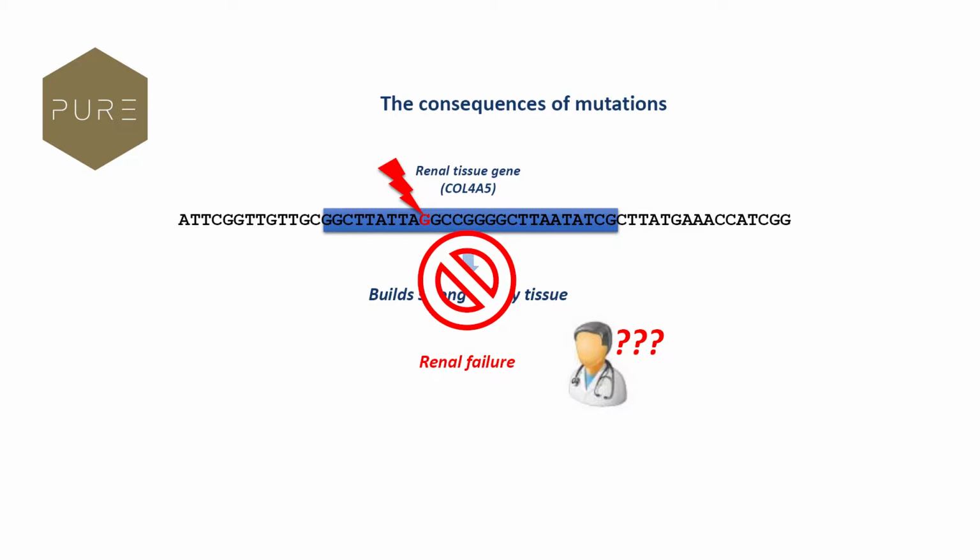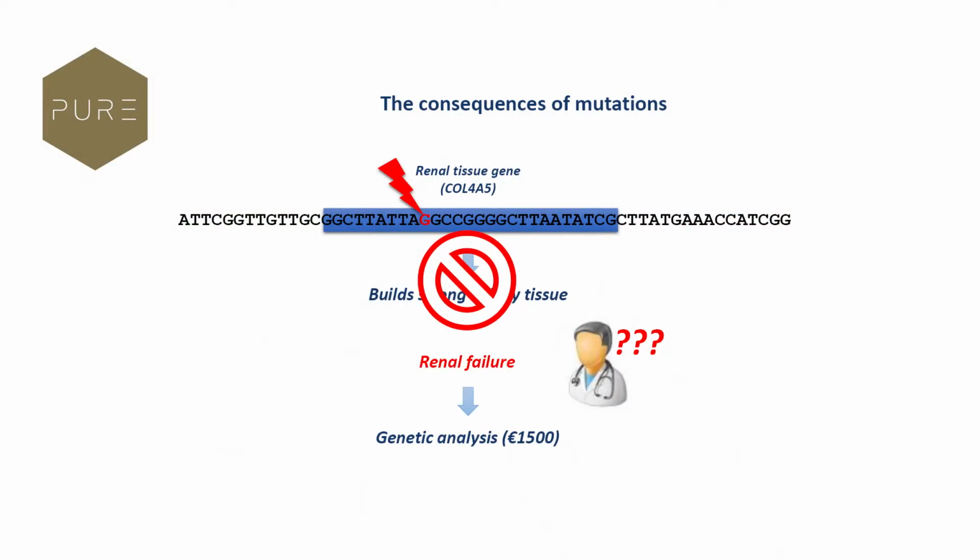And if he knows enough about genetics, he will know that it might be the disease. He will do a genetic test for the COL4A5 gene. Then you will usually read out the whole genetic code of this gene. It's a very big analysis. You need to do tests for several thousand genetic letters and then compare them to what we know to be healthy code. And this kind of analysis is usually quite expensive, in the region of 1,500 euros to test